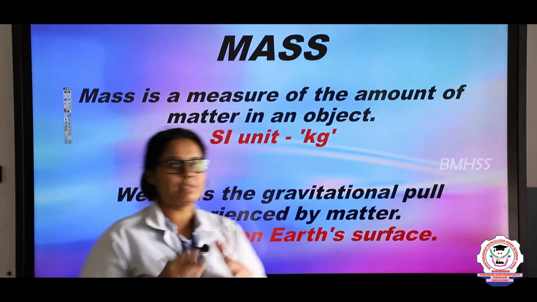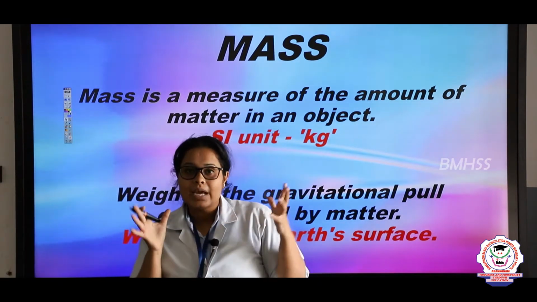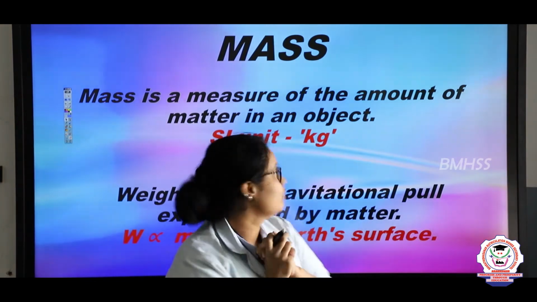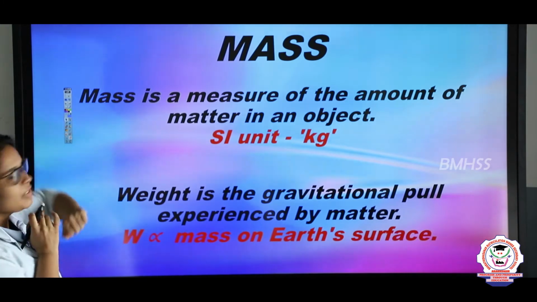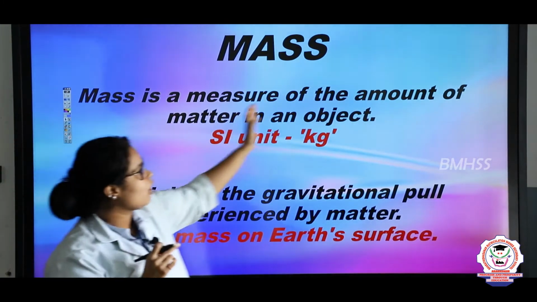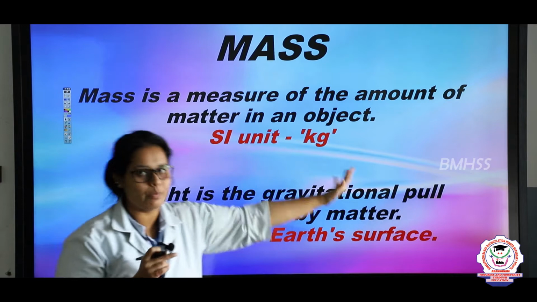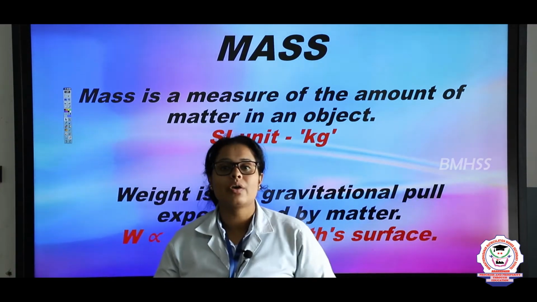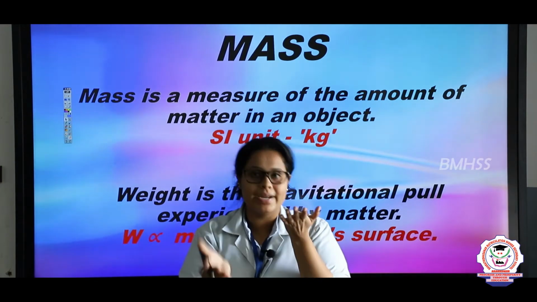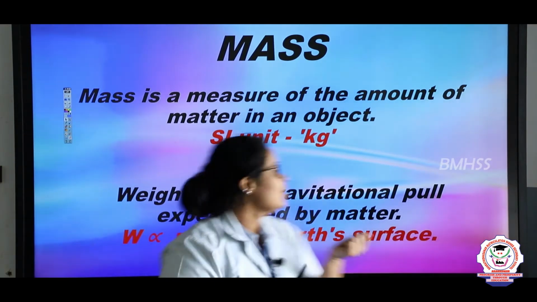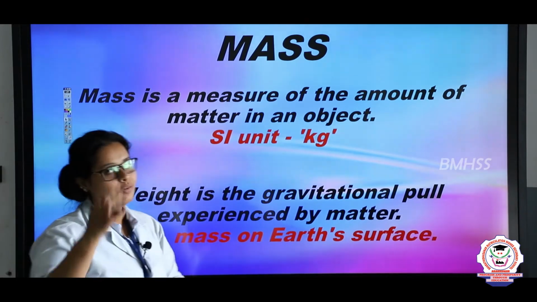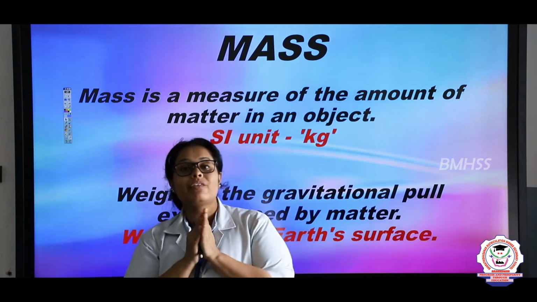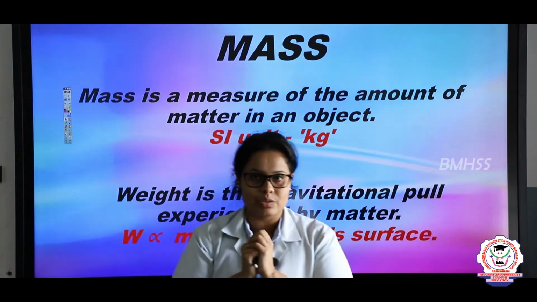Now we should know what is mass, right? Mass is a type of object which is occupying space with some kind of volume. You can see here the definition of mass. Mass is a measure of the amount of matter in an object. So matter is what, students? Matter is anything which occupies space and has some kind of mass, right? That is why matter can be of 3 types. It can be a solid, liquid or a gas. But right now we are talking only about solids, okay children?